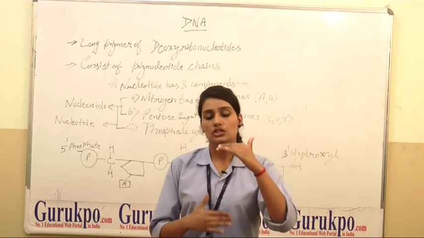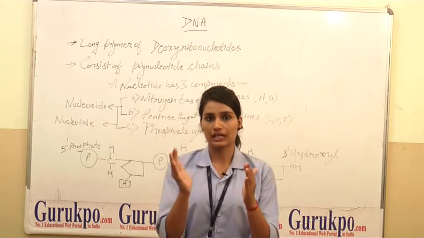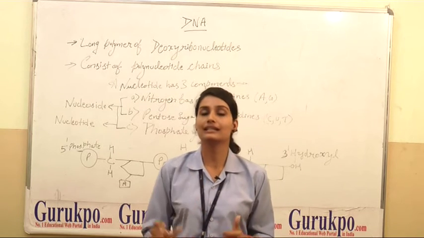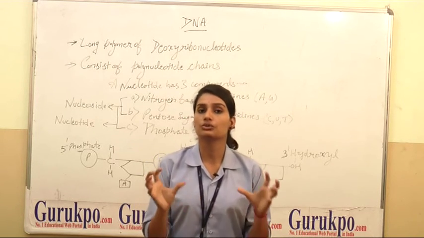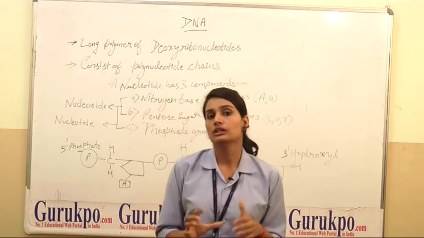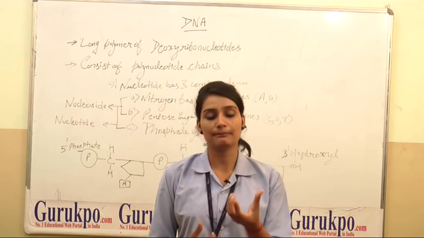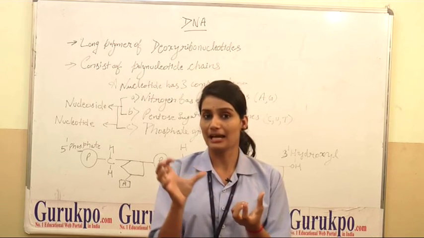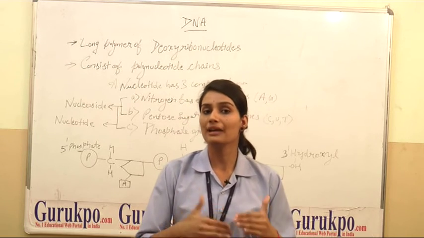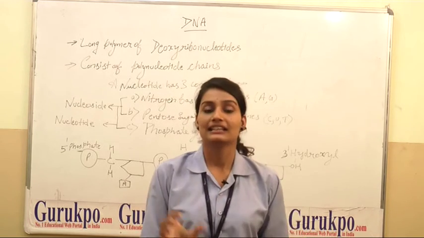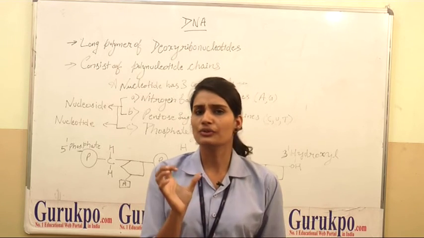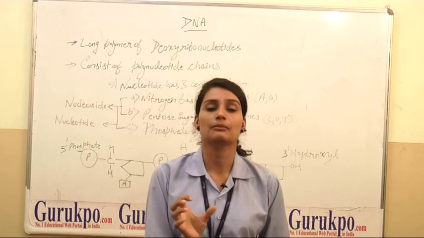Now the two antiparallel polynucleotide chains are joined with the help of base pairing, and this base pairing confers a unique property to the polynucleotide chain. Also, if the DNA from the parental strand acts as a template for the synthesis of the daughter strand, then the daughter strands formed would be identical to each other. The genetic implication of the structure of DNA becomes very clear. So this was just a precise account of the DNA.